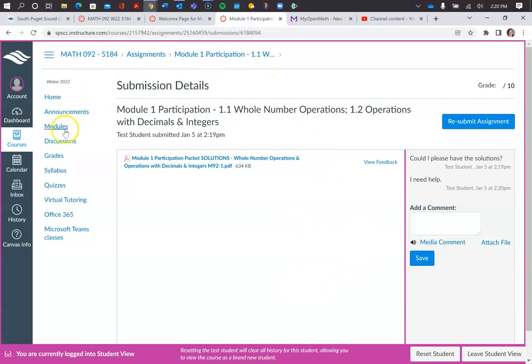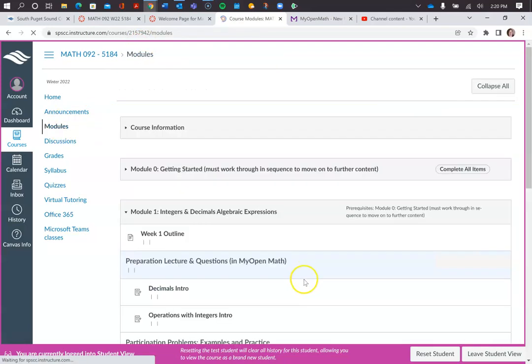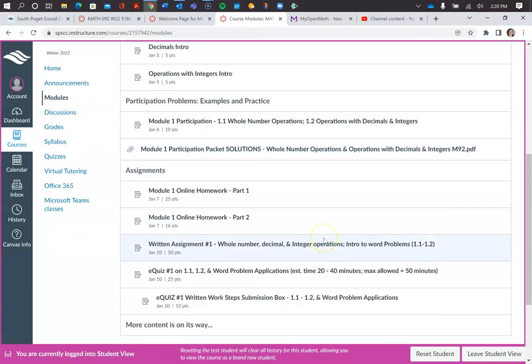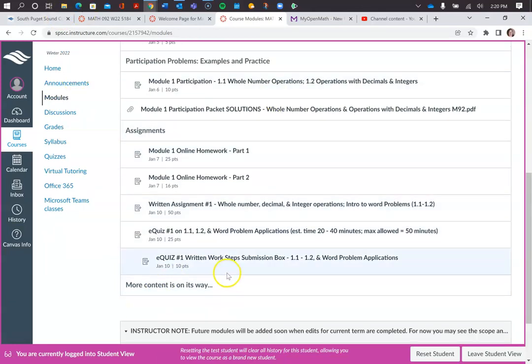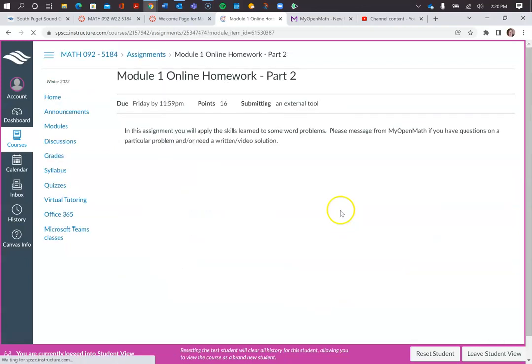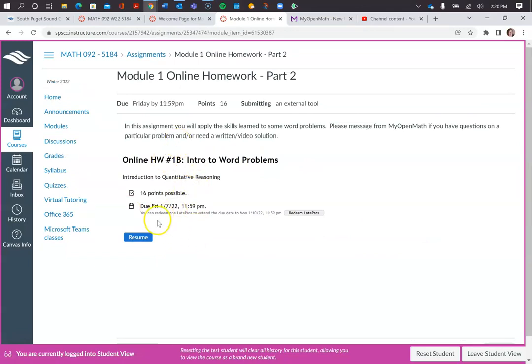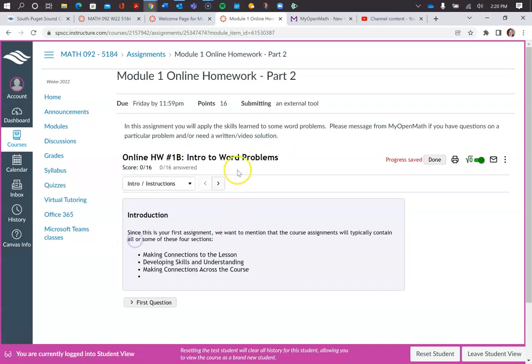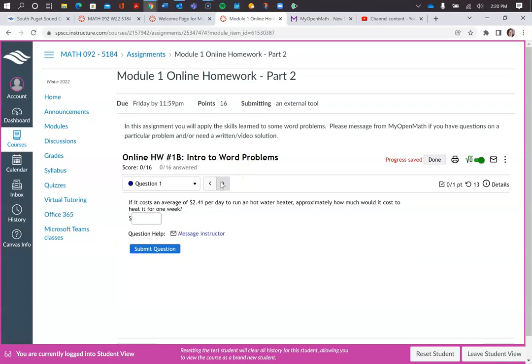And then to get back to where we were at, go to modules, and then see those are those emails coming in. And you're going to then get back on track here, do your online homework. There's 2 parts for this one. And since my colleague Julia did the lecture videos, I have plenty of time to make videos for you for the questions.